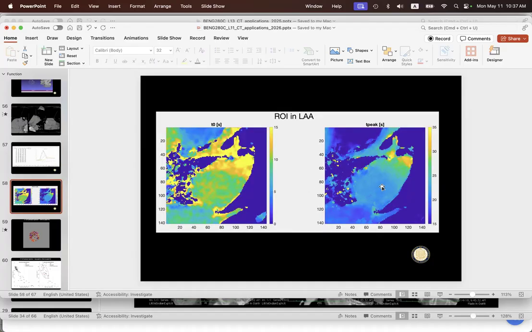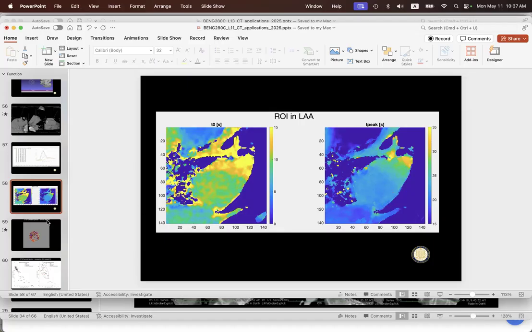And you can see as we move towards the distal part of the left atrial appendage, that time to peak goes up and up and up. Finally, we're here, almost at 35 seconds, whereas down here in the left atrial appendage, we're filling around 20 seconds. So now you have a really detailed diagnostic map, I think, of